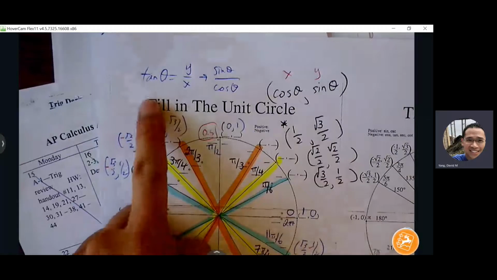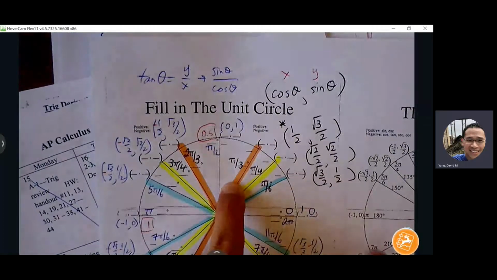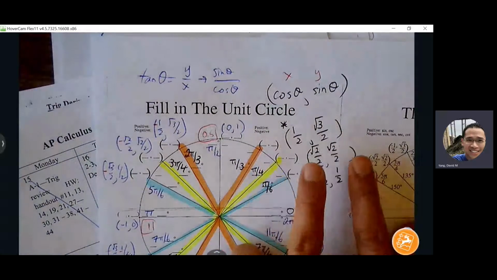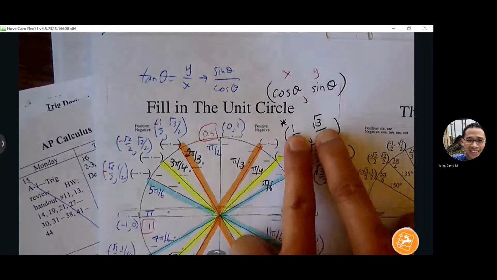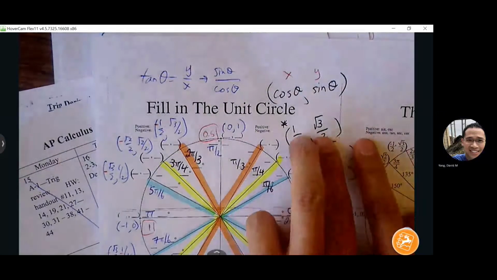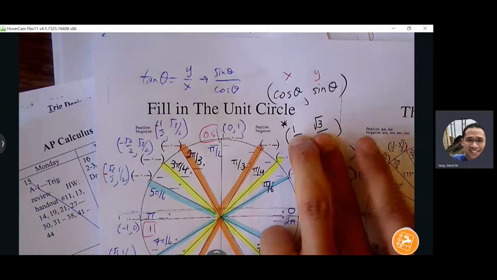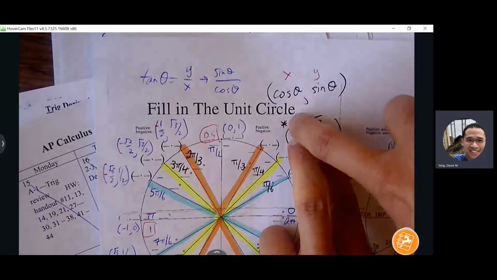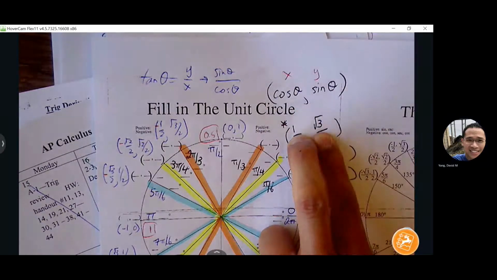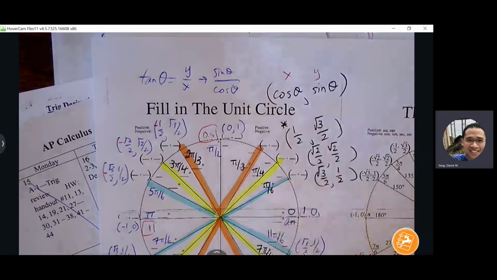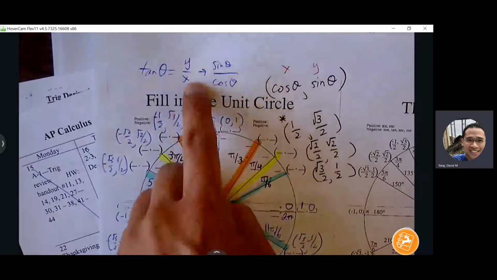So let's say I want to find the tangent of pi over 3. I would do y over x, but then to make it easier so that you don't have to deal with the complex fraction, cover up the denominator, and you're just going to do y over x with the numerator. So root 3 divided by 1, y over x, just root 3. Okay. So if you just cover up the denominator and then just do y over x,